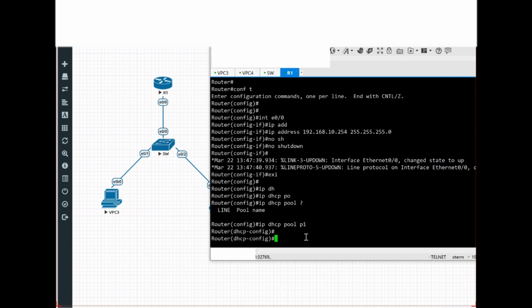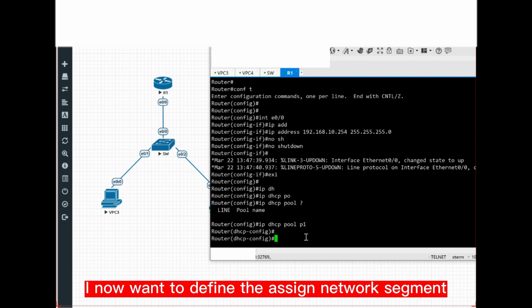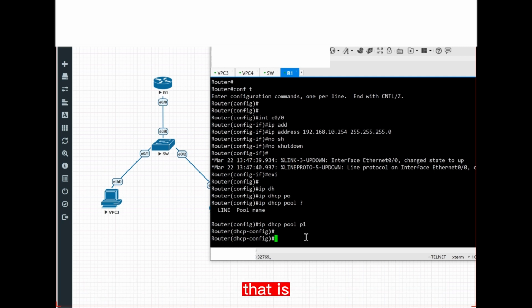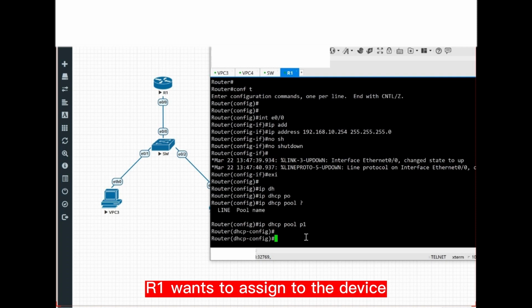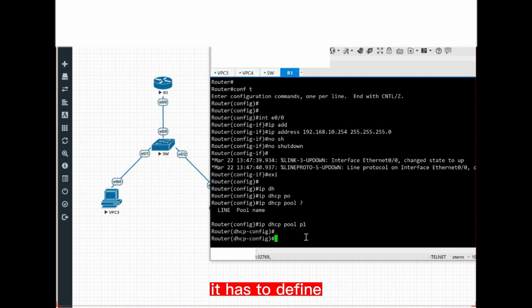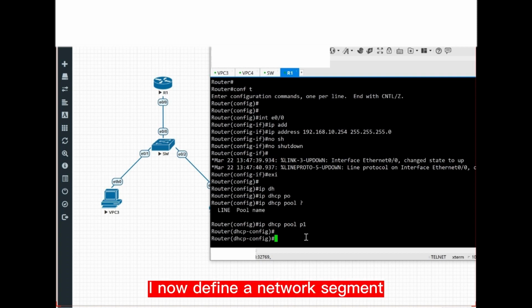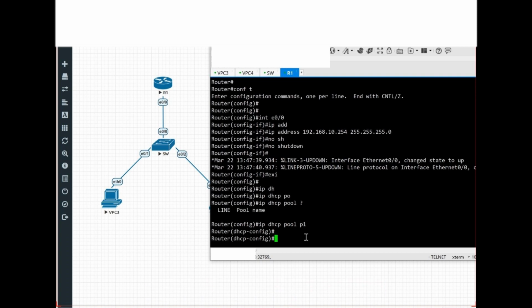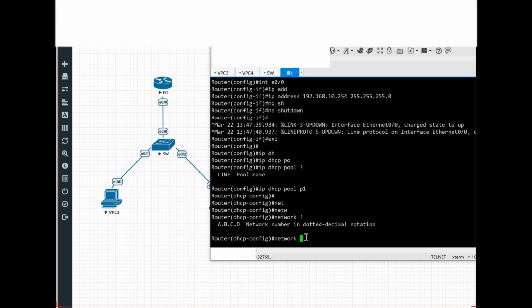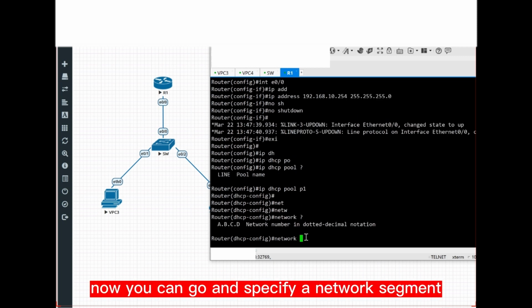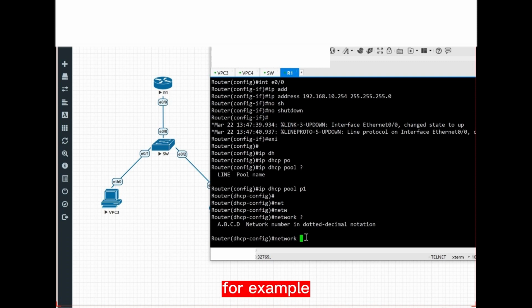Just know it. I now want to define the assigned network segment. That is, now these devices have to find R1 to get the address. Which network segment is the address that R1 wants to assign to the device? It has to define it. For example, type network, then enter a question mark. Now you can specify a network segment. For example,